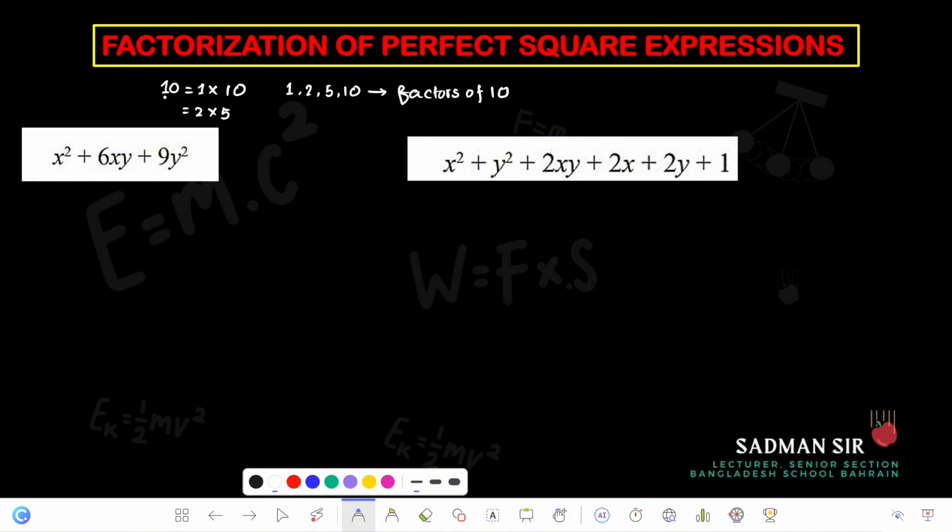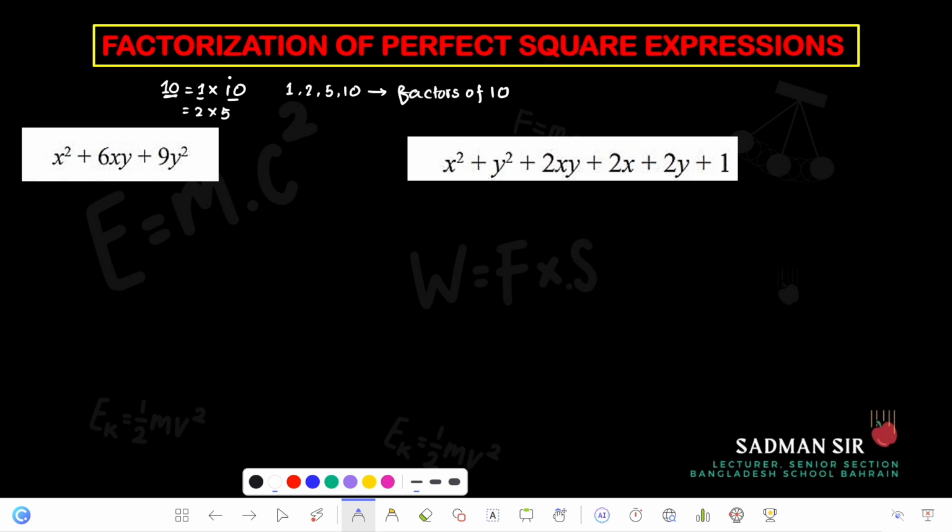Now if I write any expression or number as a product of its factors, like 1 and 10, which we agreed are factors of 10, then 10 has been expressed as a product, meaning multiplication, of its factors, like 1 into 10 or 2 into 5. If any number or expression is written in this way, as a product of factors, this process is called